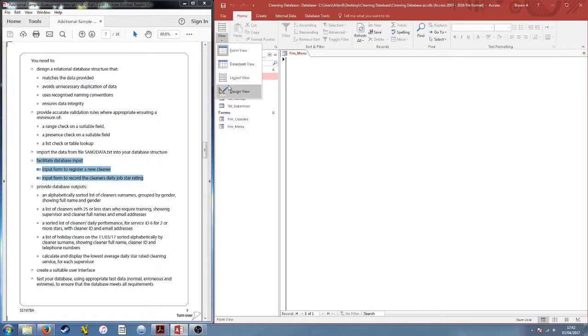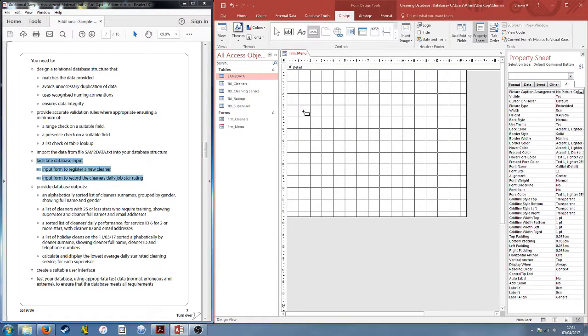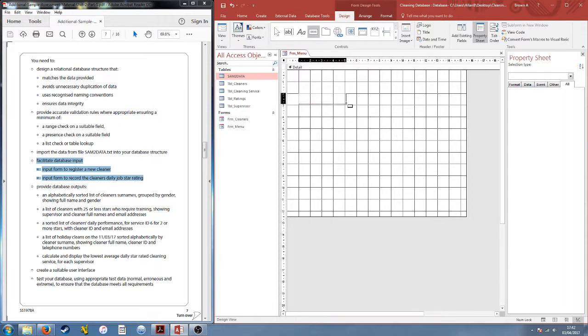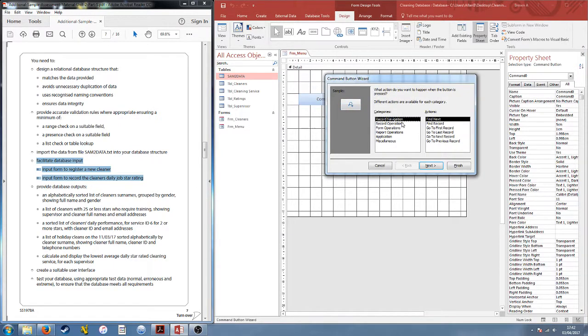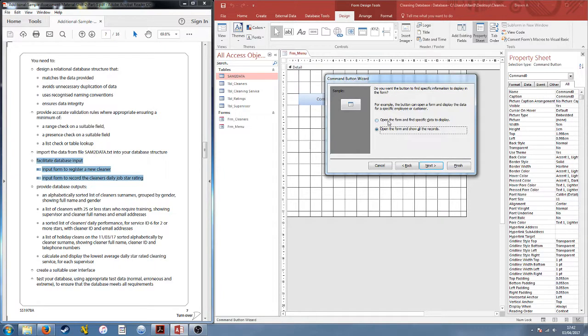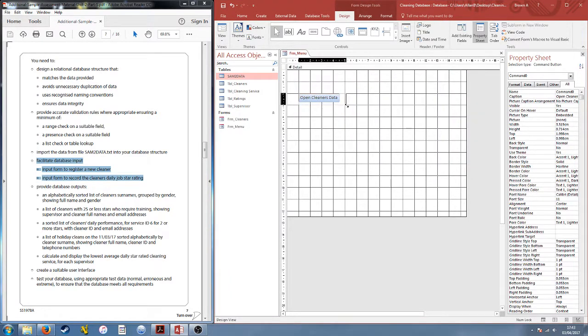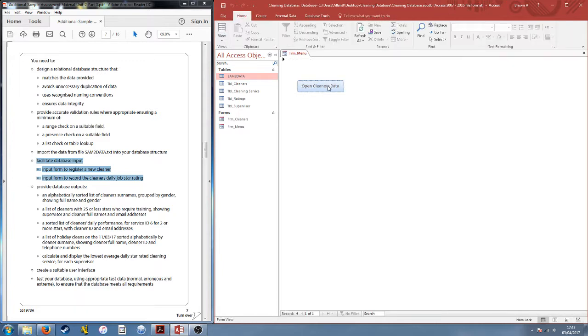So what I'm going to do here is hit design view, and I'm going to make a button now to open up, so form operations, open form, bang, open the cleaners form, there we go. Just open the form and show the records, open cleaners data, there we go. Happy days, we've got a button, let's just test it works, and it does. Return to menu. Brilliant,